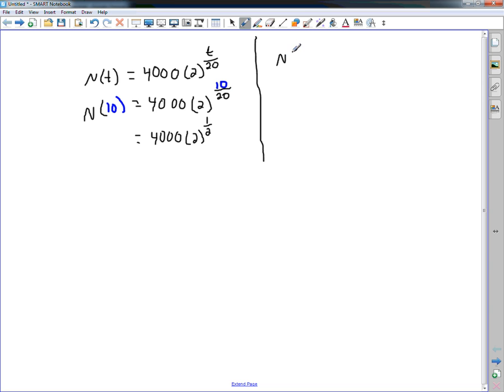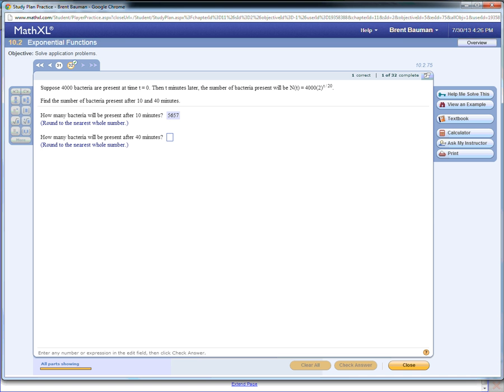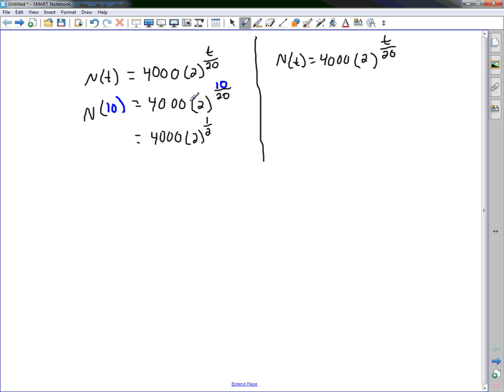So we have n of t equals 4,000 times 2 to the power of t over 20. And we are working with 40 minutes. So this time we have n of 40